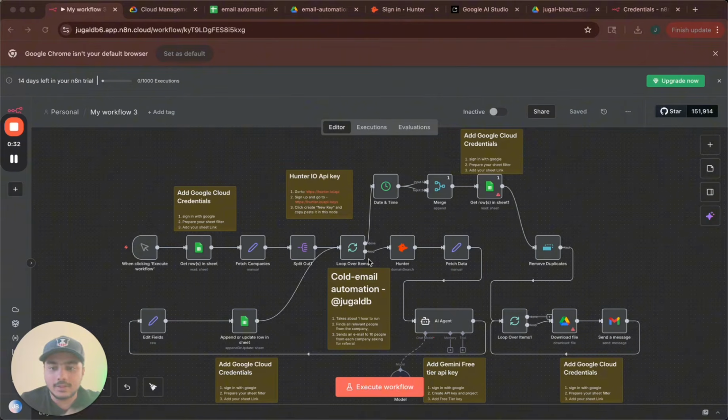That's why I created this email automation workflow in which you can just put all the different companies. It does not matter if it's 1, 2, 5, 10, however many companies you're applying to. You can put all of them in a Google Sheet along with the role name and the link for that particular role. This workflow will find all the people who are relevant to that role, craft personalized emails for that particular person, so it's not like you're sending the same email to two different people, and it will actually send